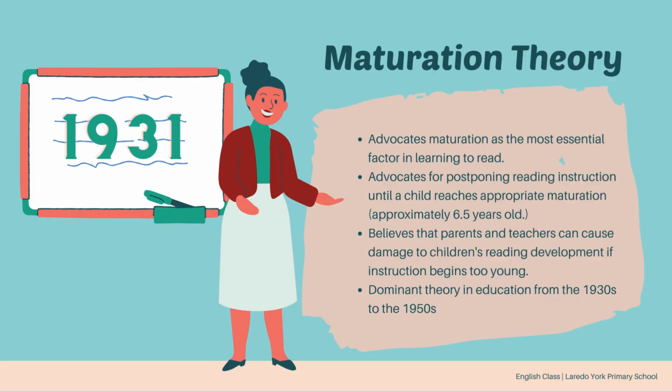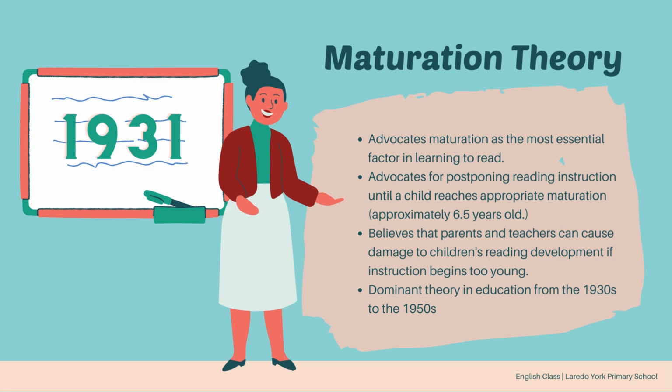Maturation theory, which was introduced in 1931, advocates maturation as the most essential factor in learning to read. It also advocates for postponing reading instruction until a child reaches appropriate maturation, approximately 6.5 years old. It believes that parents and teachers can cause damage to children's reading development if instruction begins too young, which I